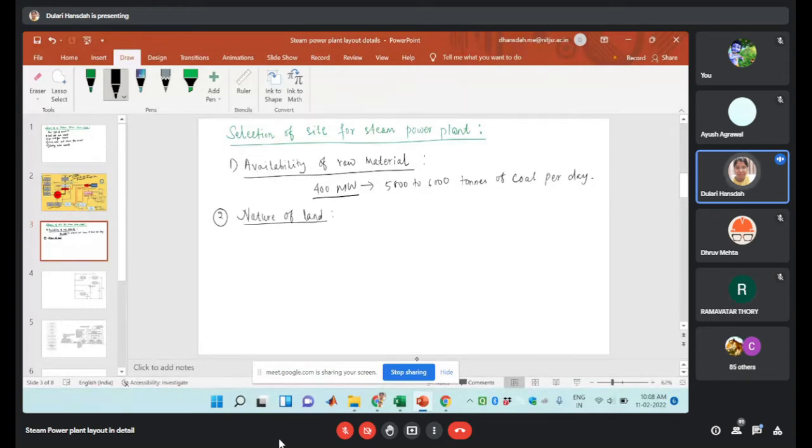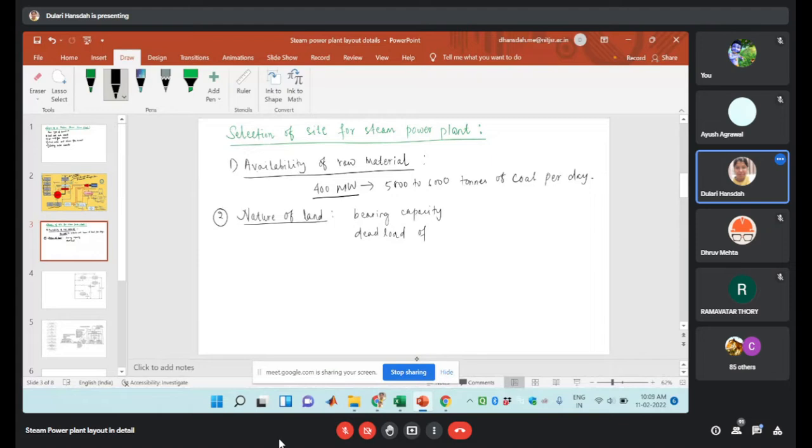Nature of land is very much important in this case, which will depend upon the bearing capacity. Okay, bearing capacity. So the land which has good bearing capacity is used to withstand the dead load,